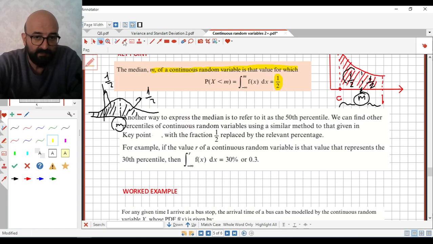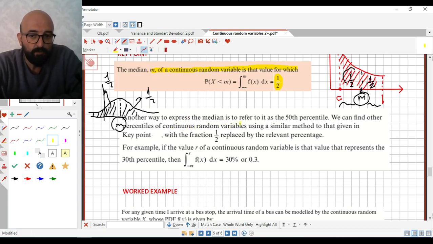Another way to express the median is to refer to it as the 50th percentile, and we can find other percentiles of continuous random variables using a similar method, with the fraction 1 over 2 replaced by the relevant percentage. For example, if you want to find the 30th percentile,